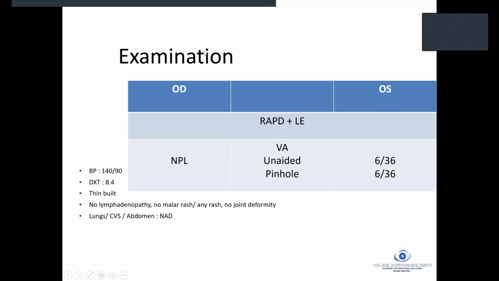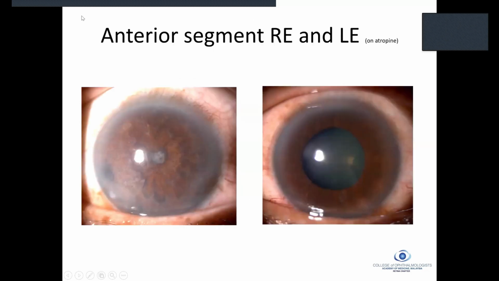So, of course, we get a reverse RAPD seen in the left eye. It should be reverse, sorry, not RAPD, because the right eye, I will soon show to you why we need to do a reverse. His left eye vision was 6/36. You can see that his control is really quite good, so it's not a systemic issue here. But what is observed is that the right eye has occlusio pupillae with a membrane over there, that's why we can't check RAPD. The right eye has an RAPD, but we detect it with reverse using the left eye.